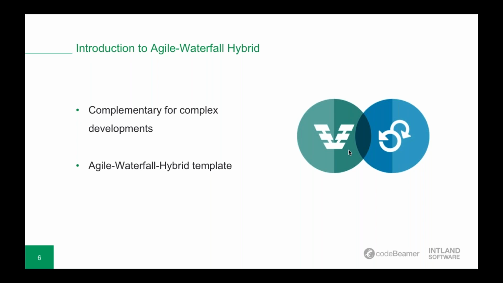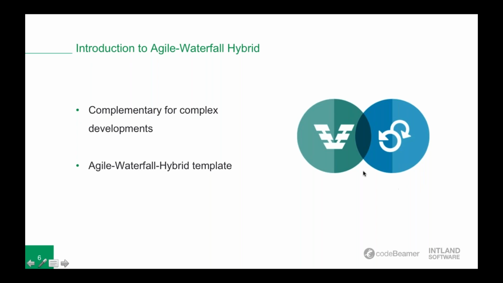They're complementary. Now to talk about the hybrid development method. The V model and the Agile methodologies are actually complementary for complex developments. They're fundamentally very different, but they can lead to benefits that can't be achieved by using one single method, when combined correctly, obviously. I will be showing you our Agile-Waterfall Hybrid template in the demonstration, and how you can overcome many of the challenges that people face by using only the V model or waterfall or the Agile